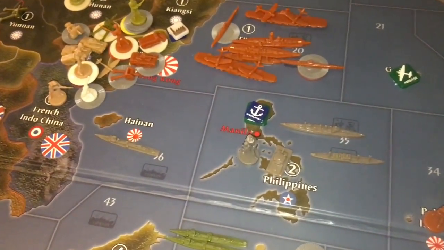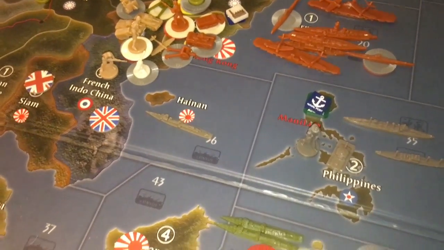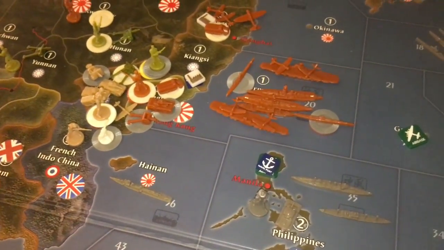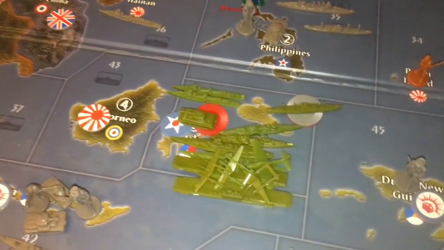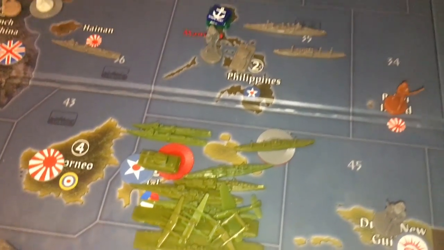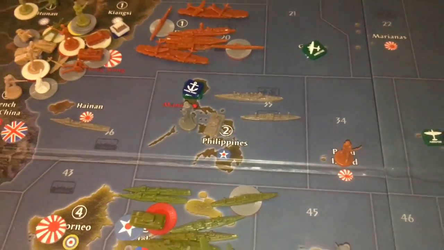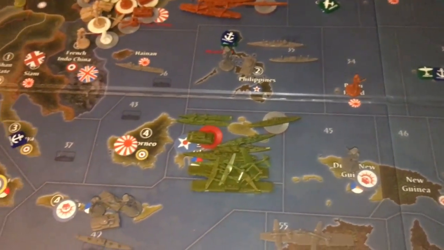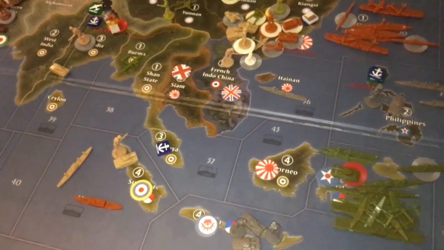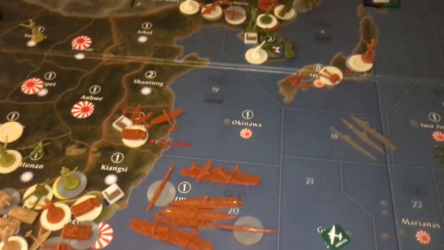Anzac's pesky little boats have also spread out here through Hainan, apparently afraid of me coming down with my navy and trying to reassert myself, because I want to bring that on me for some reason. But just to make sure, they're making sure that the Japanese aren't coming south anymore, which indicates to me that the Allies are going to set themselves up here to build up their IPCs, more or less content to let